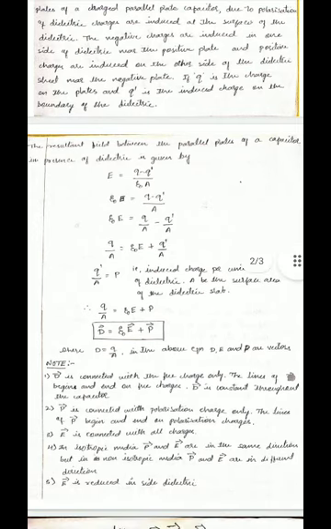This Q divided by A comes to the left side. So now the equation becomes epsilon naught into E plus q dash divided by A. Here I will write q dash divided by A equal to P, because polarization is defined as induced charge per unit area of a dielectric, where A is the surface area of the dielectric slab. So q dash divided by A equal to P, where P is polarization. Therefore, the equation becomes Q divided by A equal to epsilon naught into E plus P, where D equal to